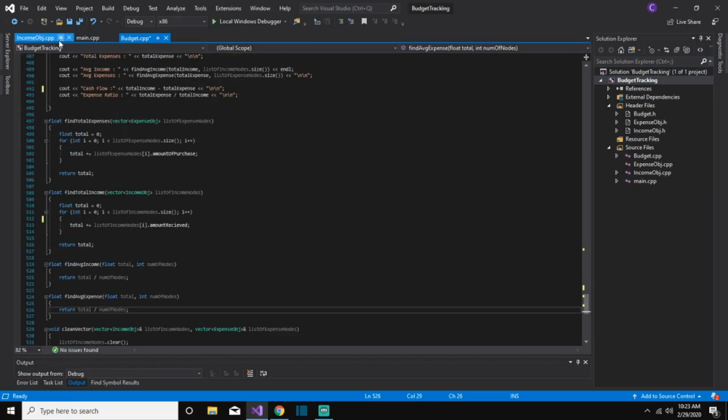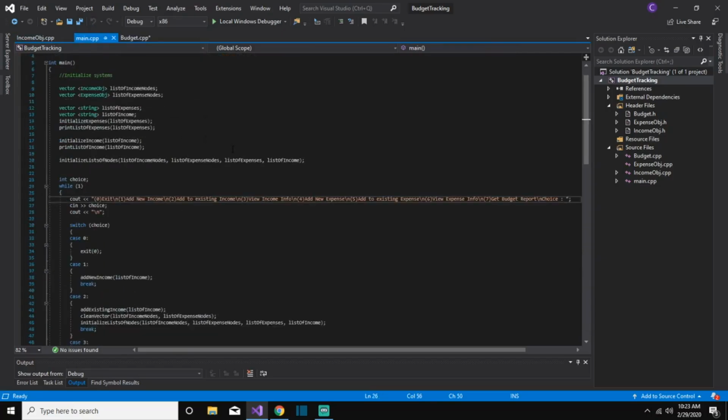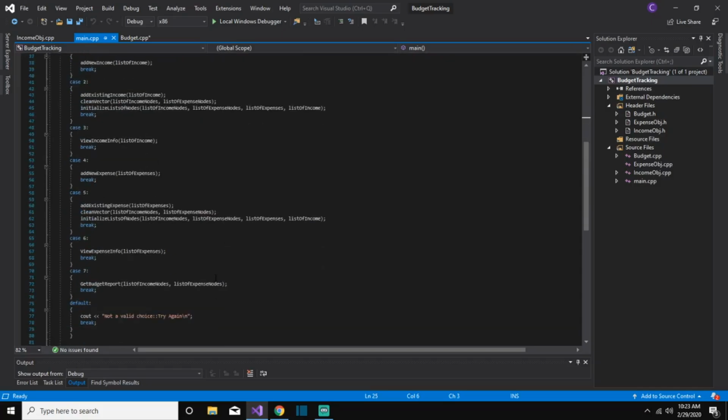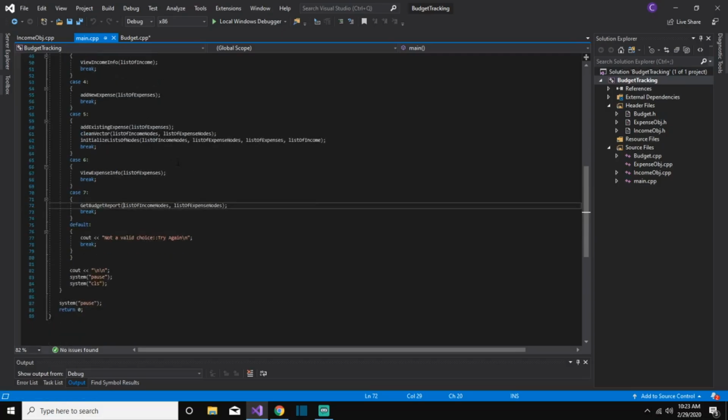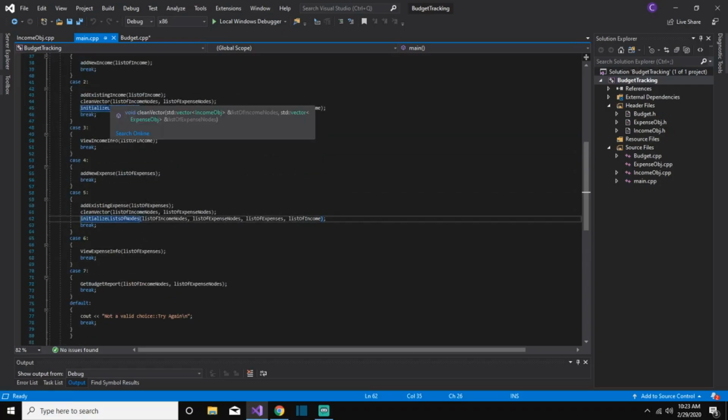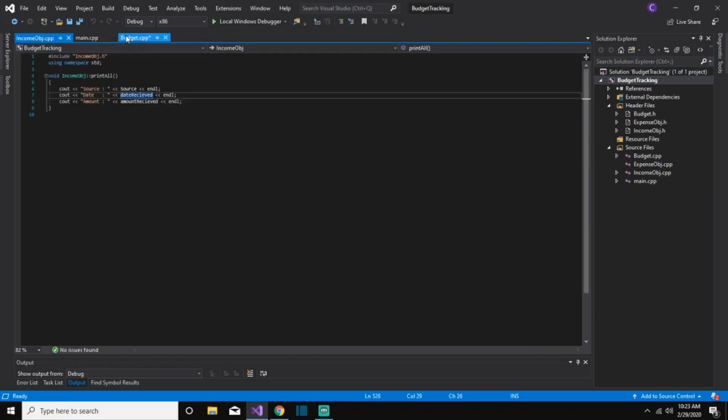And then if we take a look in our main, first off, we added that get budget report as number 7. So we came down here in the switch and added it. The only problem that I was running into was that every time I added a new entry to an existing expense or existing income, it would go back to the initialization of the list of nodes. And since we're using a vector, and if we take a look at that function,